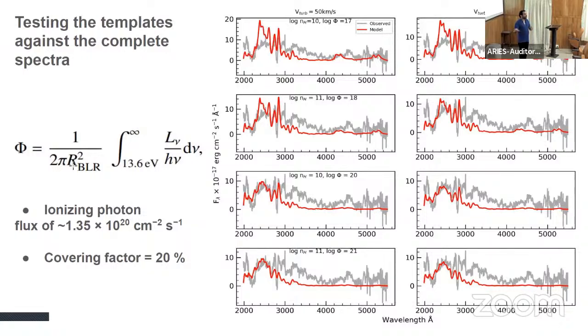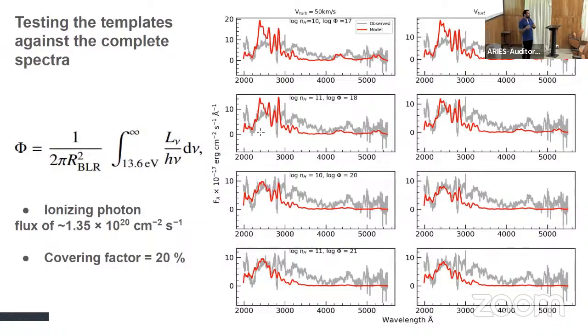the spectra. We can estimate the value of phi from the spectra, because from the spectra we have this L nu, and then we can integrate this, and RBLR we know from the time delay of the source. So the estimated value of this flux is of the order of 10 to the power 20. And here we can see